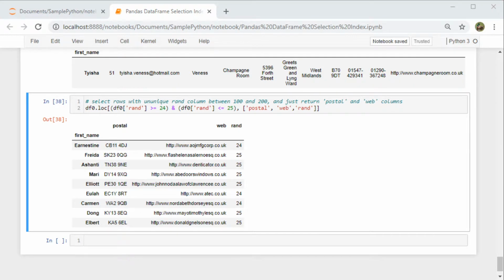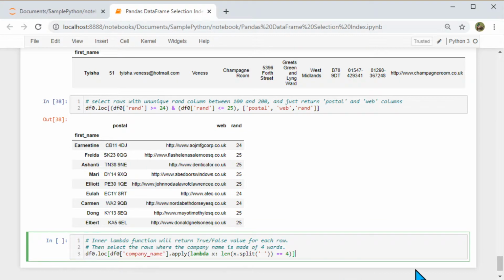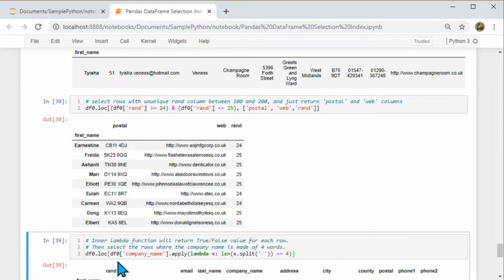Now let's do a lambda function, and lambda is an extremely interesting function. Here what we are doing is first calling the data frame with a lambda function where I split. Let me first execute this. So data frame dot company name is the column; we can use dot or we can use the square bracket.